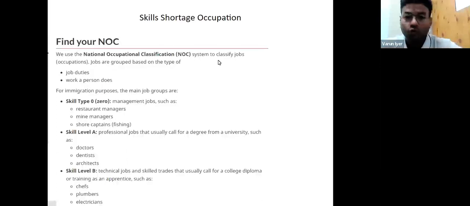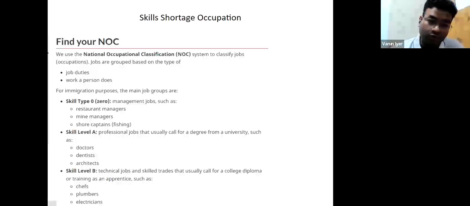However, I'll go to the next screen. If you go to Google, you can find the NOC code. This NOC code is listed on the Canadian Embassy website. What is the NOC code? It is the National Occupation Classification. Basically, in this list, you can find which job role is in higher demand in Canada. Based on that profession, you can select a course in Canada which can lead you into that job. How it will help is, it will help you to get a job faster. It will help you to get your work permit faster. It will also help you to get some extra bonus points in your PR.